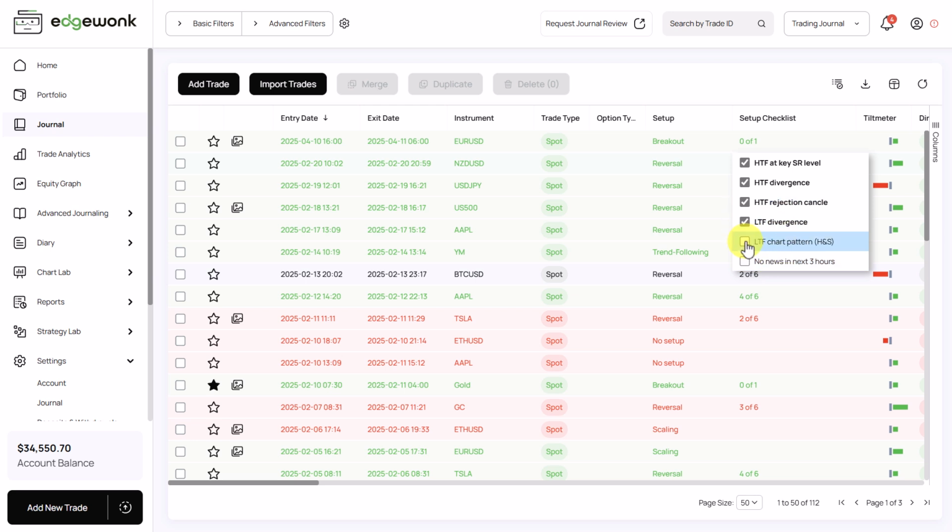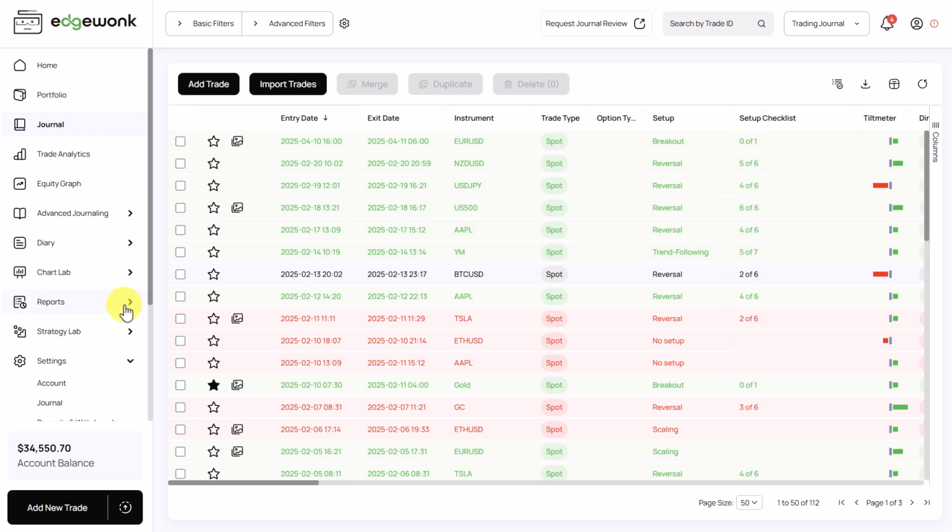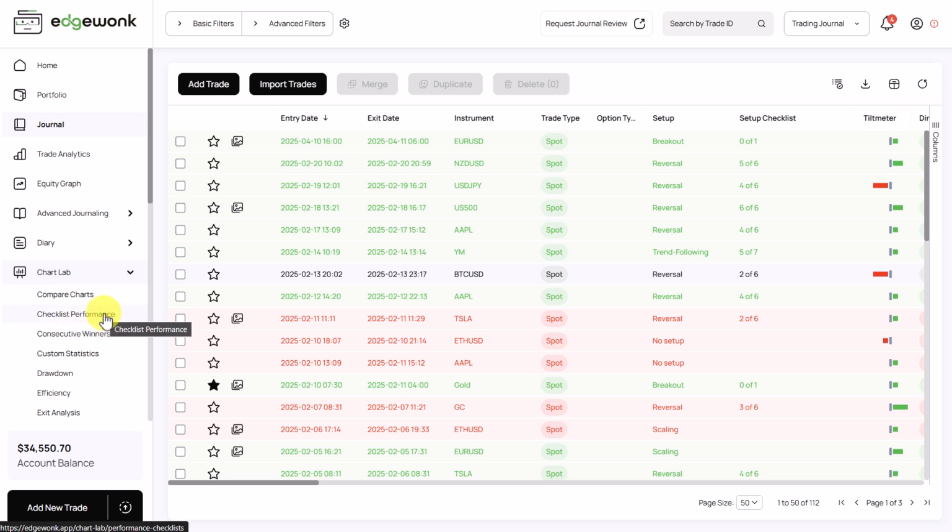You can also make changes here on the fly right away in your journal. And of course, here's the Trend Following setup, and it also has a checklist as we have seen. And you can make the changes here and add and tick the different criteria that were present during your entry. Once you have done that, we can go to the Chart Lab, and then this will activate the Checklist Performance